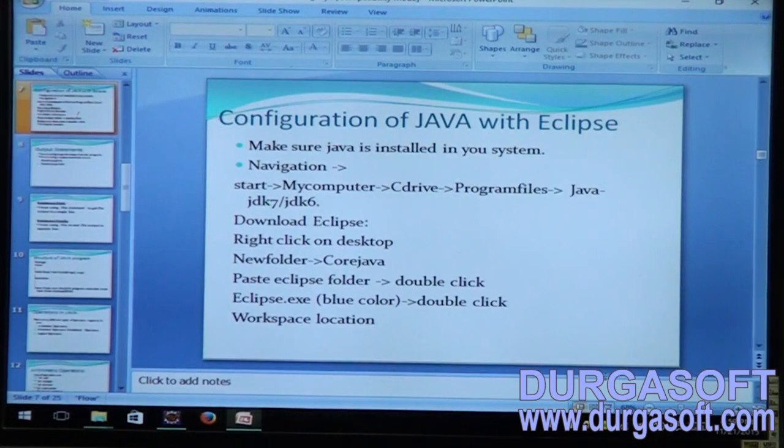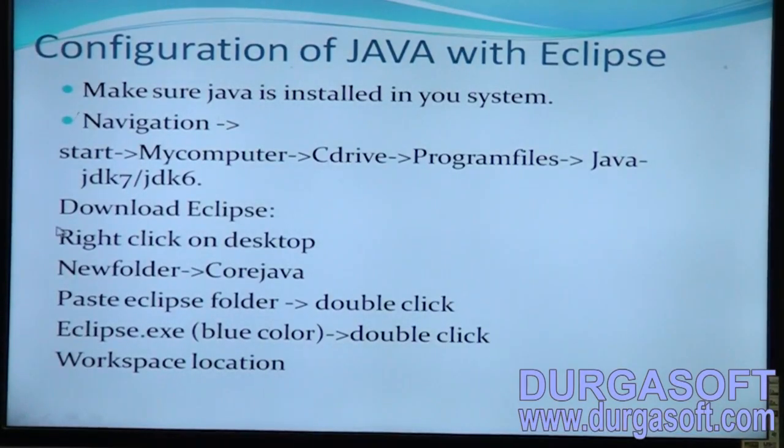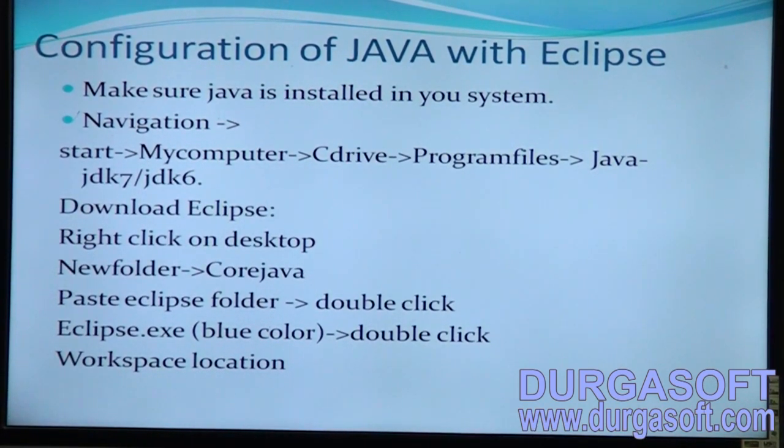Then what do we look at? We should have the Eclipse tool downloaded. Then you need to create a folder for your project, where you want to store the code. Whatever code you design in the Eclipse tool, you have to store it somewhere, right team? So we are going to create a folder and specify the path.